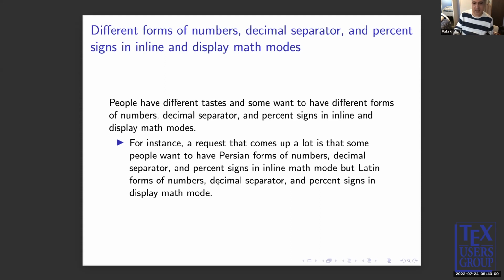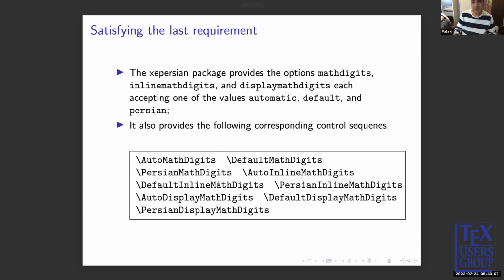This could be any combination of them. The good news is that the XePersian package provides options with which you can change the forms of both inline and display math mode